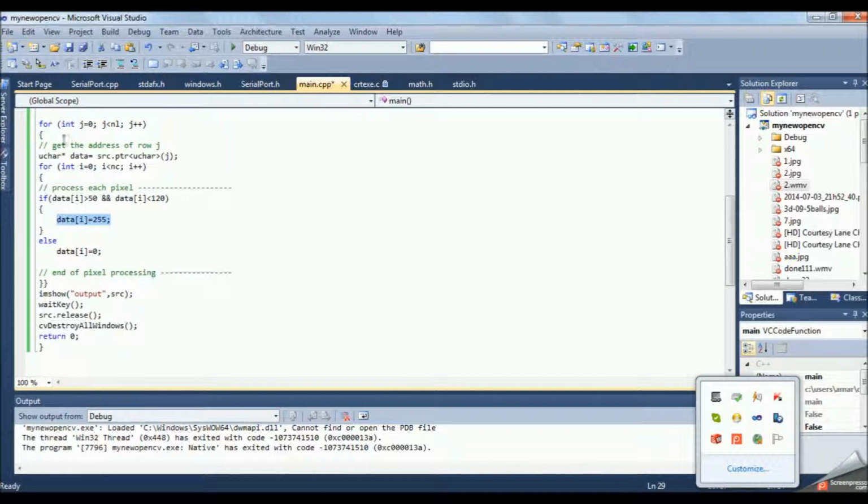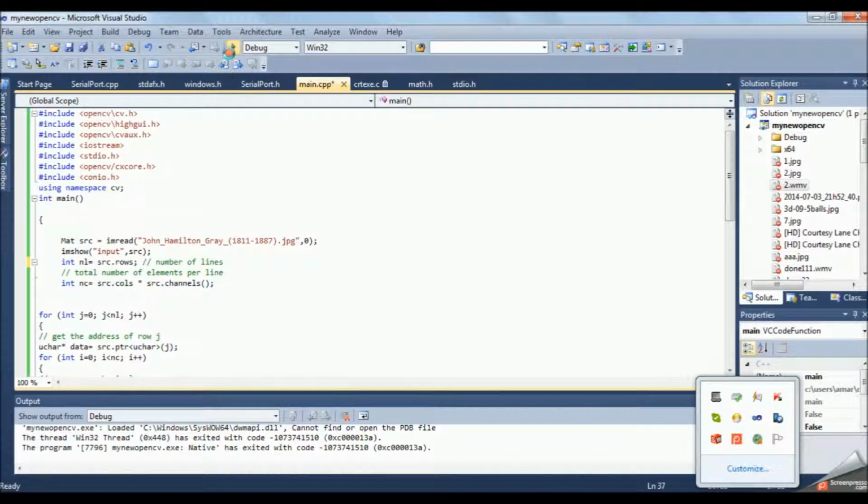After this, when the loop runs a second time, the value of the second pixel will be stored in that data variable, and it will again check these conditions, and in this way all the pixels will be processed, and at the end the loops will be closed, and after that we will show our processed image.